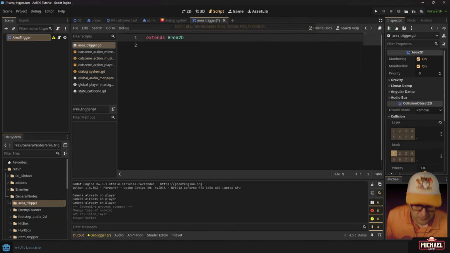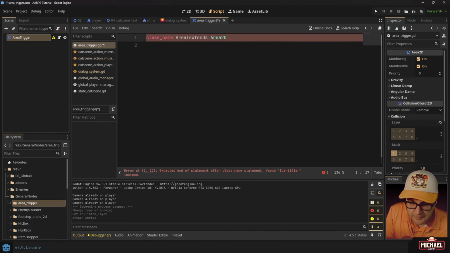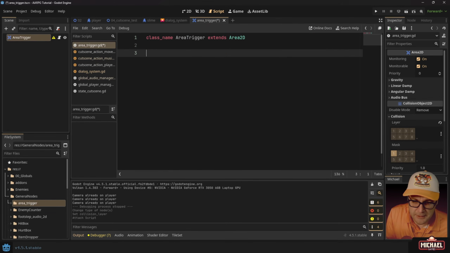And I'm going to go ahead and give it a class name like I almost always do. Area trigger. Extends Area2D. Okay. So what does this script need to do? It's pretty simple. Obviously, we just want to detect when the player enters, and when we do, we will trigger a dialogue interaction, and we'll also emit a player entered signal so that this could be used more generically. You'll see how that would work. But we're only going to be using this specifically for our dialogue today to trigger that cutscene,